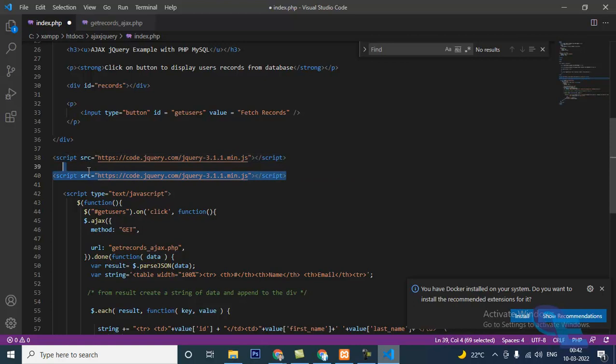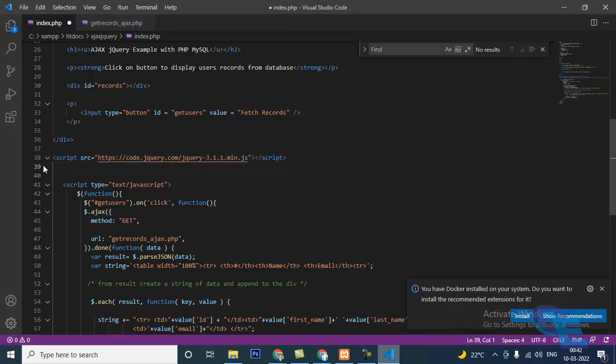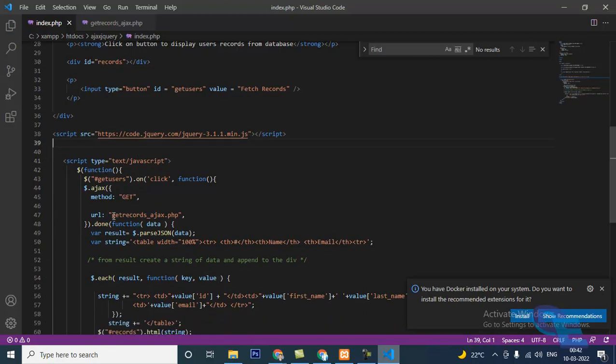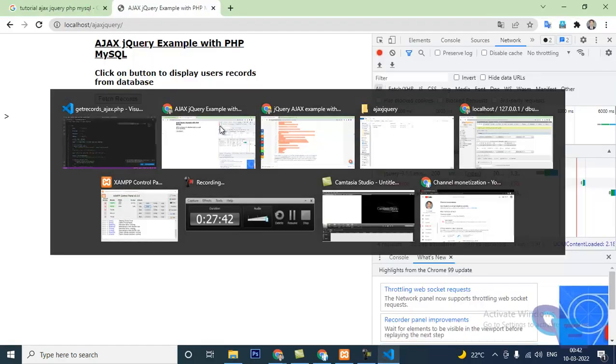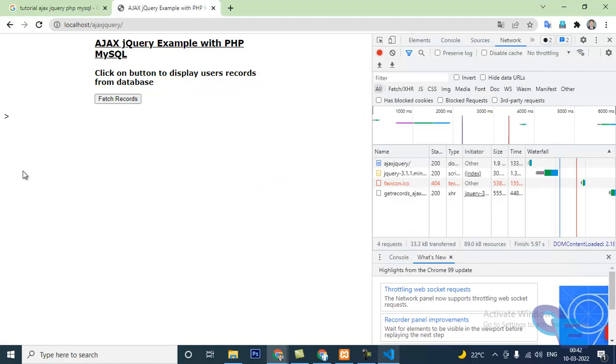Both are the same, in the sense I can remove this, no issue. It will not give any error. Okay, and this URL we are hitting, when you hit this URL, here are the details of host name, username, password, root file. I'll make it 33. Some changes I'll do, and after that,